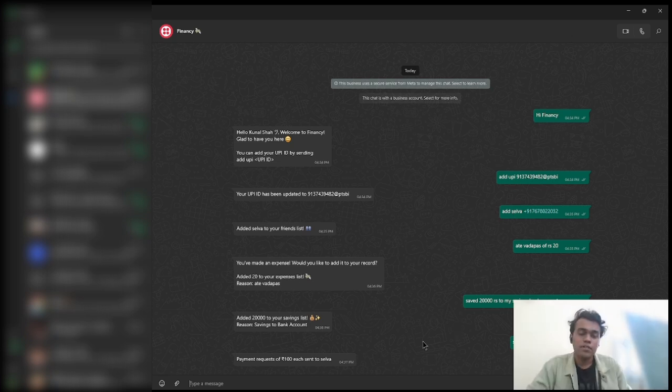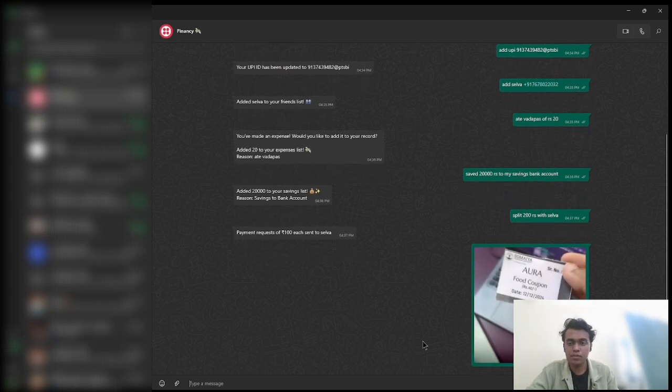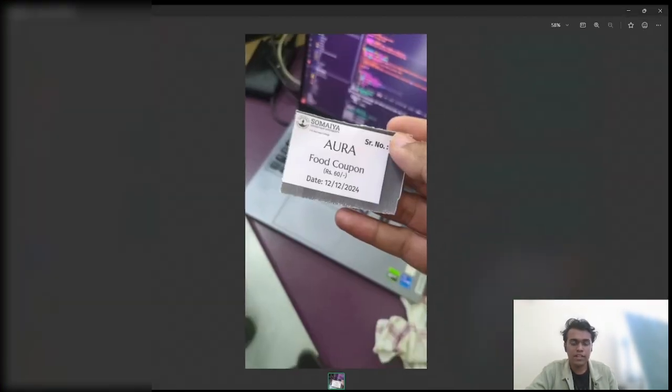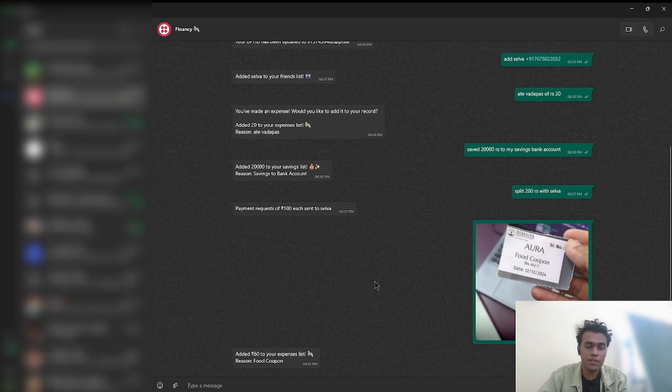Financy can also recognize images, and from images, it can extract out the expenses which you have made and add those expenses to the database. Here is an example of an image. We can take it as an example as I purchased a food coupon, which is of rupees 60. So by going through this example, here we can see Financy has successfully recognized the expense of rupees 60